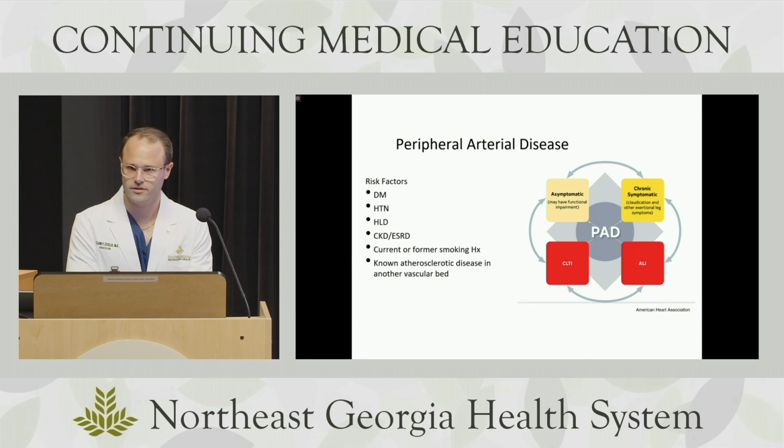Rutherford 2A, this is an urgent intervention, usually within 24 hours. Folks can have some sensory issues of their limb. They have no arterial signals. They have venous signals, but their motor's intact. 2B is when you start having motor disturbances. This is a vascular emergency. Usually take them to the OR whenever you hear about it. And then Rutherford 3 is paralysis, no arterial or venous signals. This limb is non-salvageable and requires an amputation.